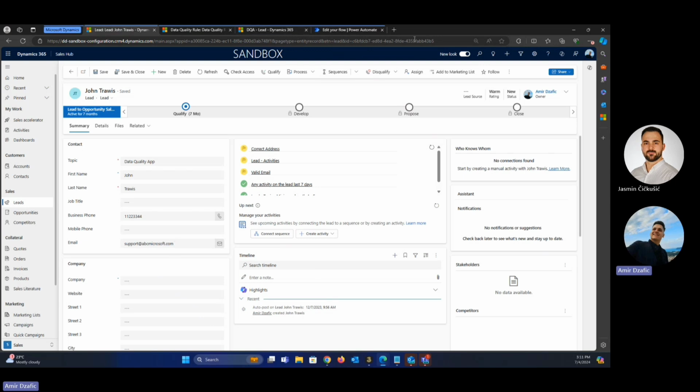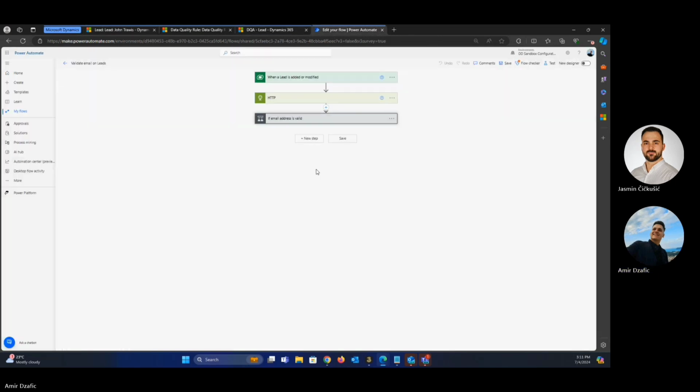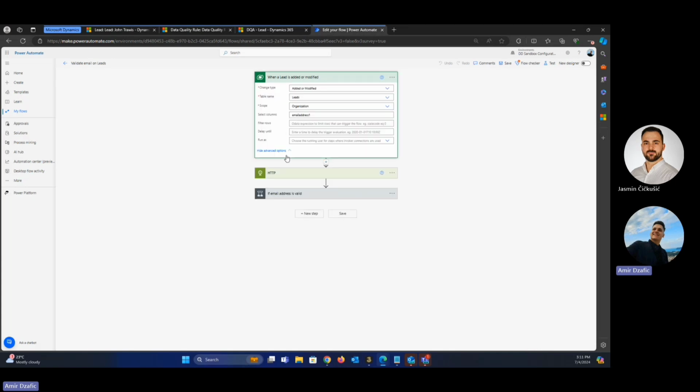So now let's actually go to the actual flow and show how to create that quick setup. First of all, we, of course, select our trigger, which will be when a lead is added or modified, that we select in this change type field right here. We select the table name, which in this case is leads. We select the scope. We want an organization scope. And of course, we select the email address field, where basically it will only trigger if the changes happen in